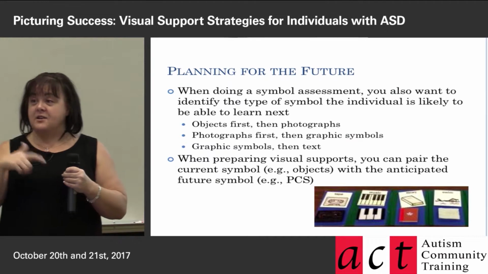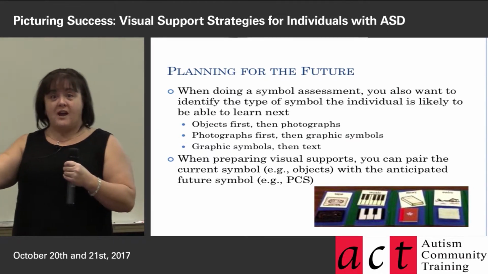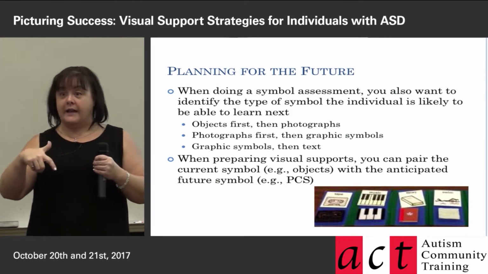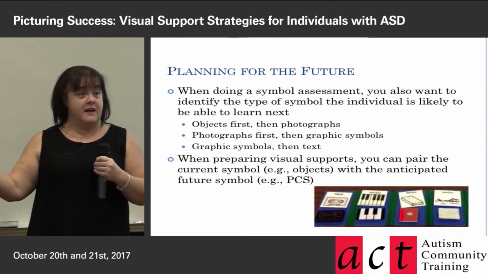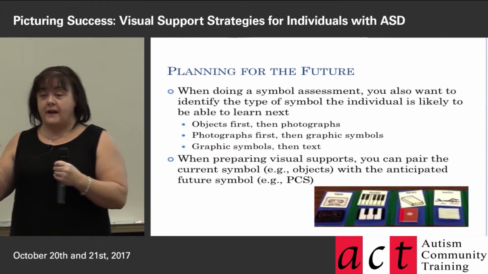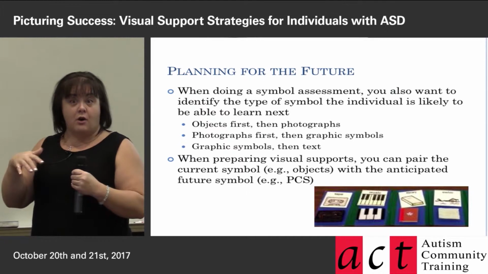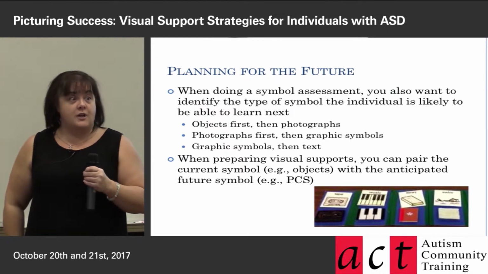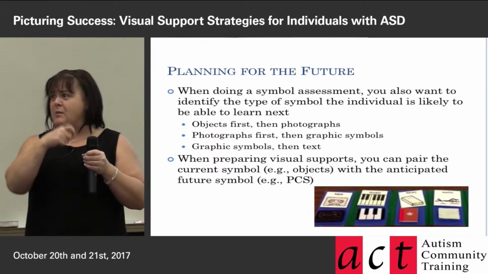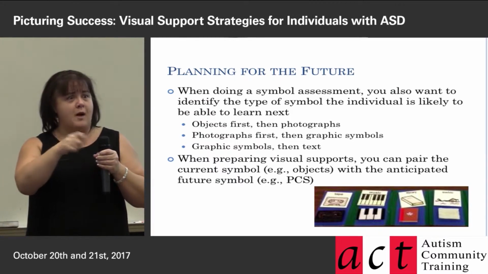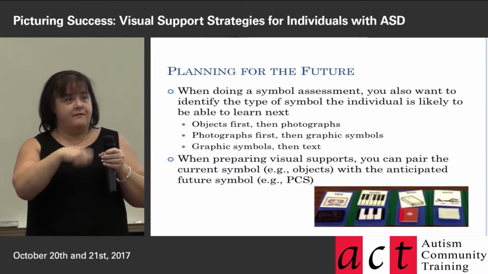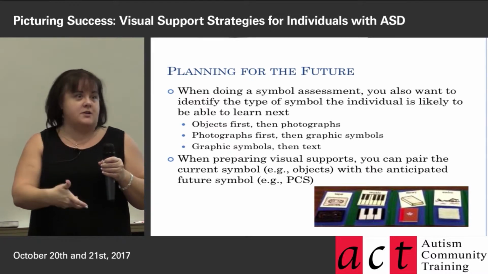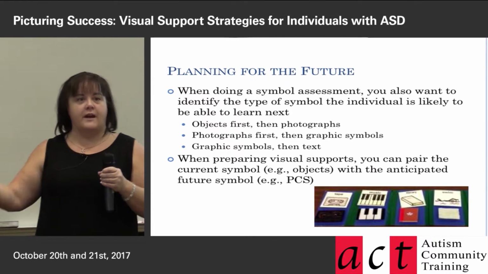But that's what we did, and so he went from objects to black and white line drawings, and then eventually he could use pretty much anything, including text, right? He developed some degree of reading skills, and so there were some words that he knew that we could also use to convey things on the spot. But we were to the point where I could quick draw on a whiteboard if I didn't have a symbol, and he could understand that. But he had to learn that over time,